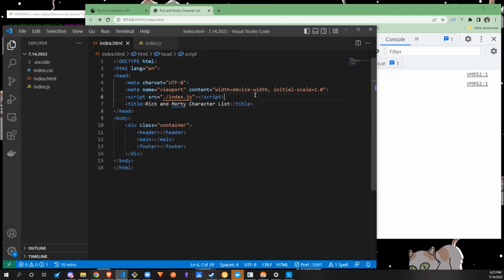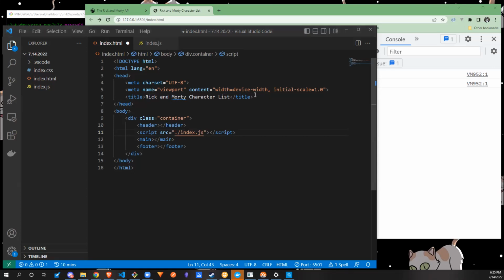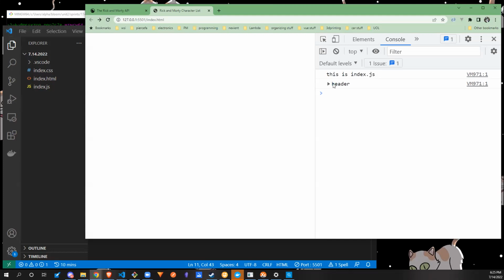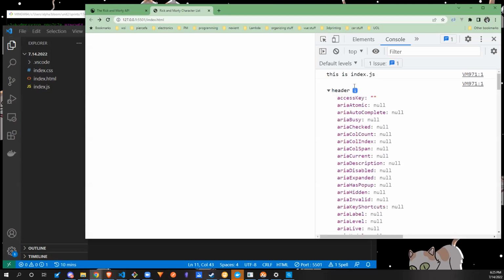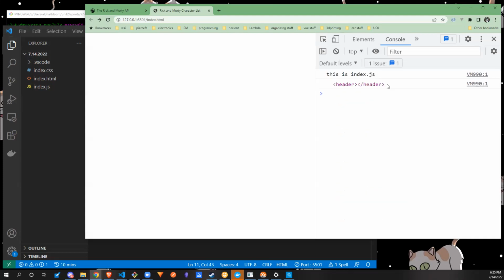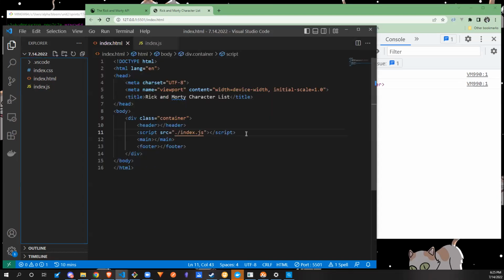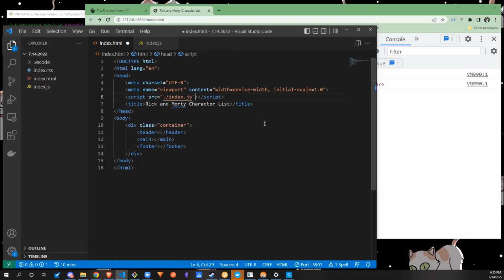So what if I were to move, say, this script underneath header and then save it? Oh, you didn't defer the script. Mm-hmm. So now I can pick up header, and it shows that there's a thing there. If I refresh it, it'll come up better. So there we go. The thing is, right now this script can access header, but it can't access main or footer because of its position in there. So we can defer it,